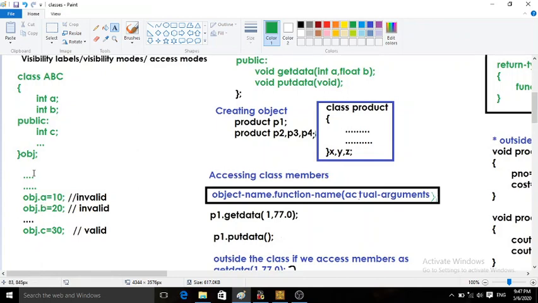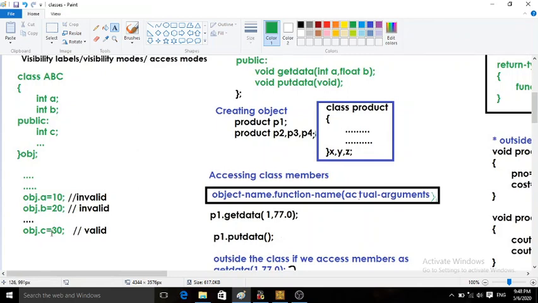The class ends over here only. Outside the class it is not accessible. We are not working in some member function, we are working in some other part of the program. So this private data is not accessible from outside the class, so this is invalid.